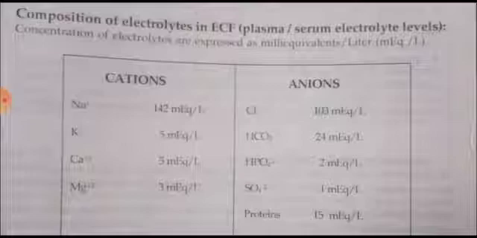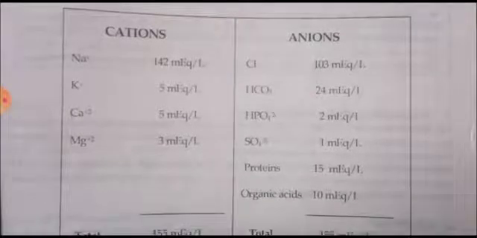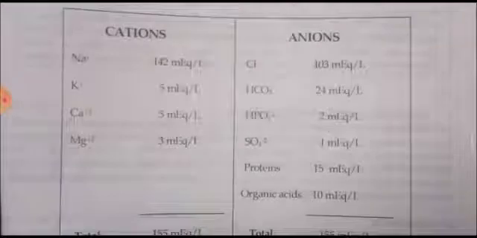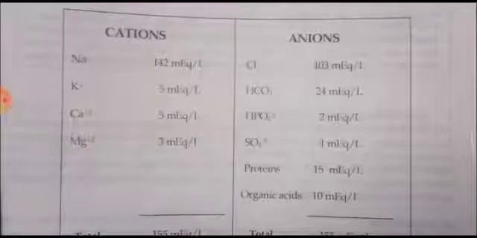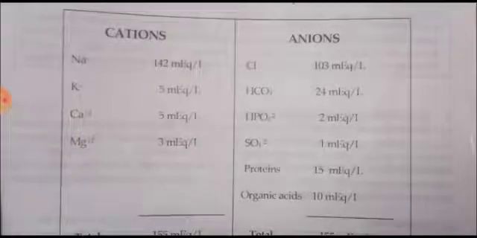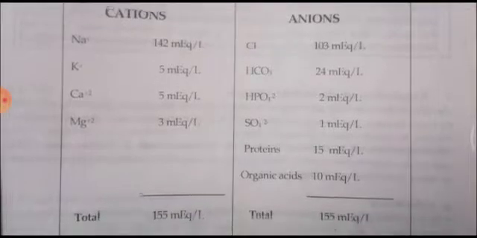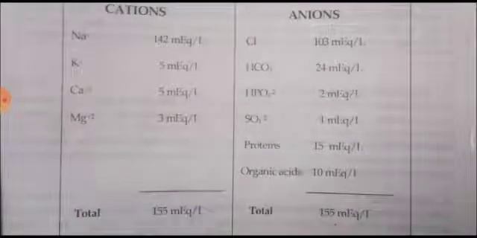Here you can see two columns. One is cations and another column is anions. Positively charged cations, negatively charged anions. In cations, Na plus, K plus, Ca2 plus and Mg2 plus, you can see the subsequent milliequivalent concentration of these ions, and the total of all the combined forms in the cations is 155 milliequivalents, whereas in anions, here you can see Cl, HCO3, HPO4,